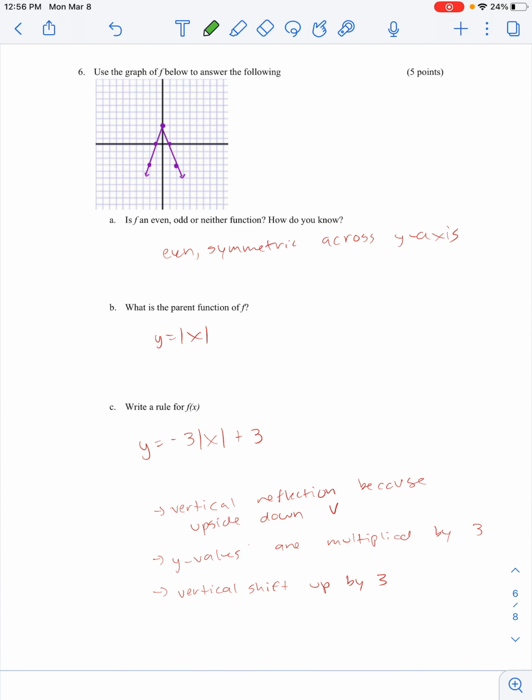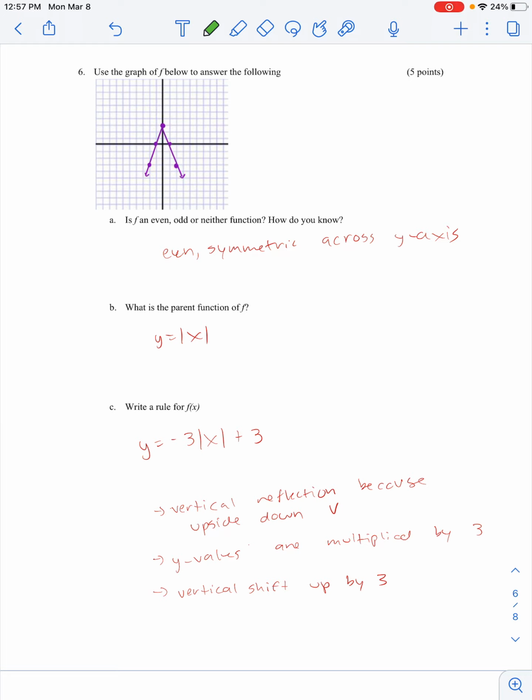Okay, here, is it even, odd, or neither? You should know by looking at the graph that it's even because it's symmetric across the y-axis. And then you should be able to recognize the shape of this graph as a V, so the parent function is the absolute value function. Writing a rule for f of x basically means you have to figure out what transformations happened and then write the equation. So this might take a little bit of guessing and checking for people, but you should be able to figure out that